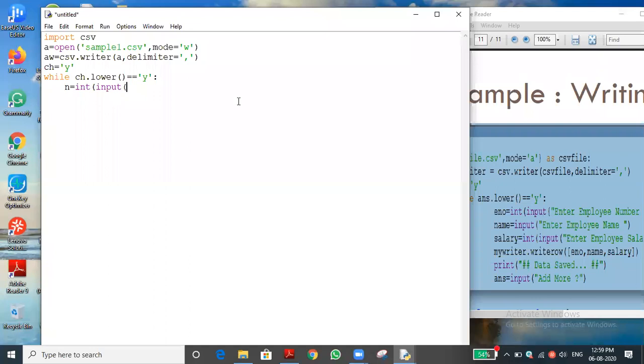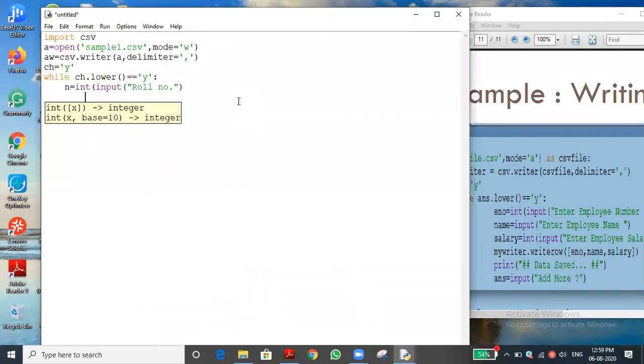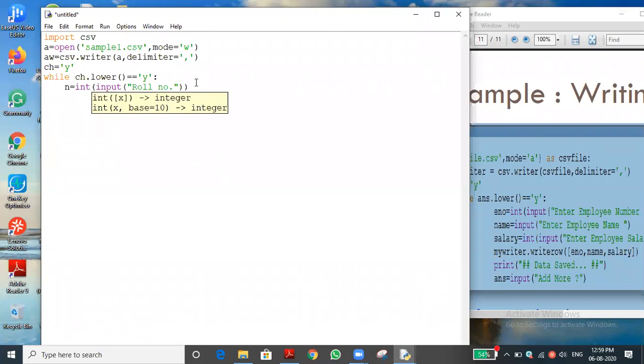One minute. Oh, sorry, it's stuck. One minute. Yeah, it is roll number. So we just gave it. Okay, so one more bracket is needed. Now we are entering the roll number, I'm just giving it as r. And now name n equal to input. We are giving the input. So I'm just giving a name.